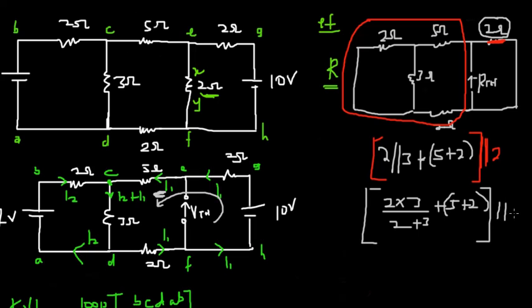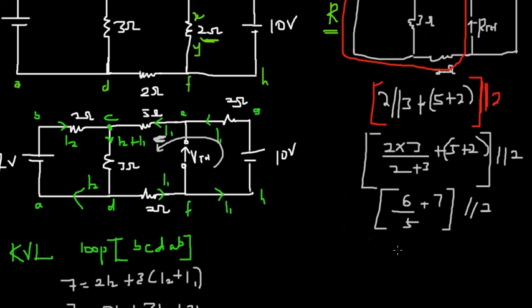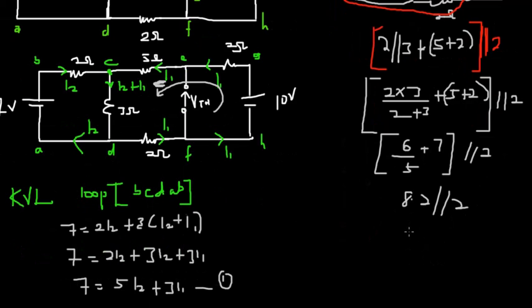The whole of this will be in parallel with the 2 ohm. When you do the calculation, this is 6 over 5 plus 7. And then in parallel with this, so we have 8.2 in parallel with the 2 ohm, so 8.2 times 2 divided by 8.2 plus 2,